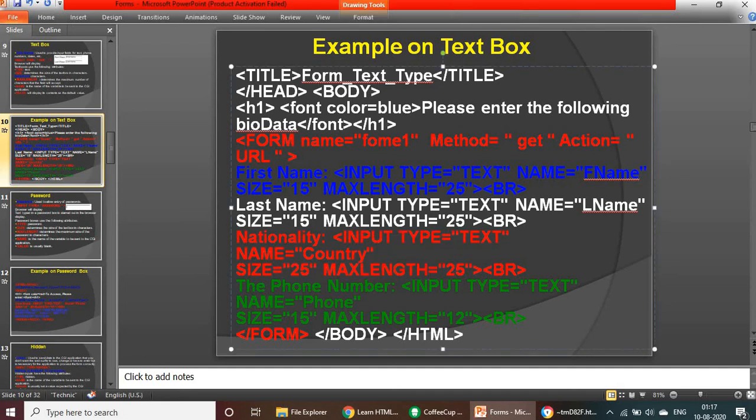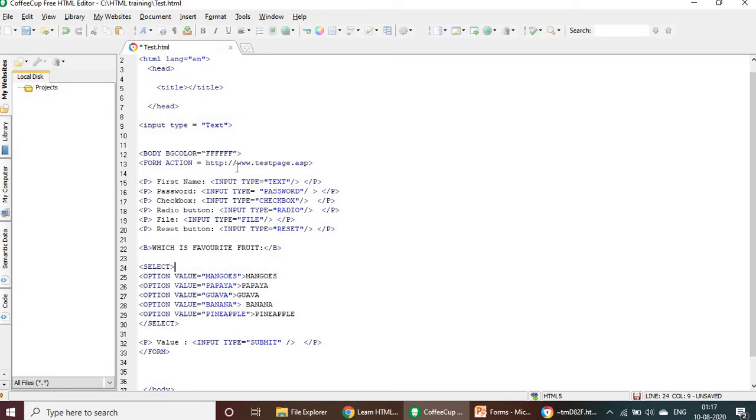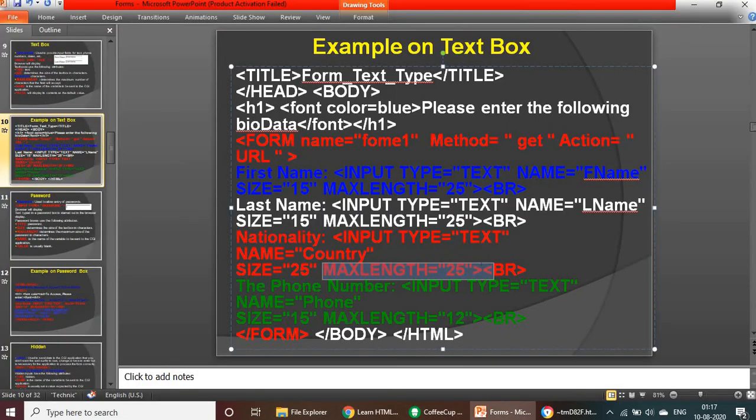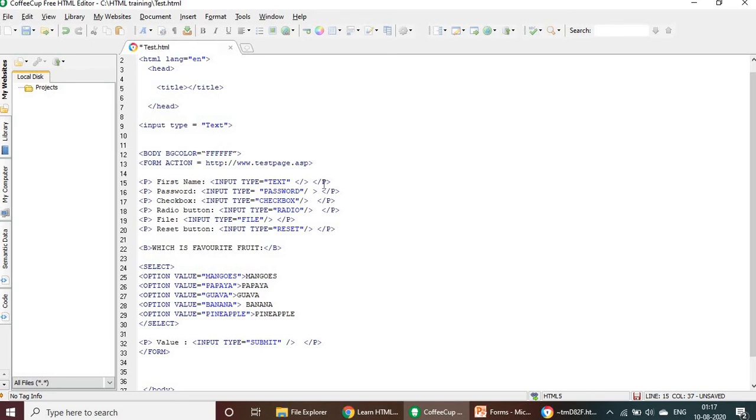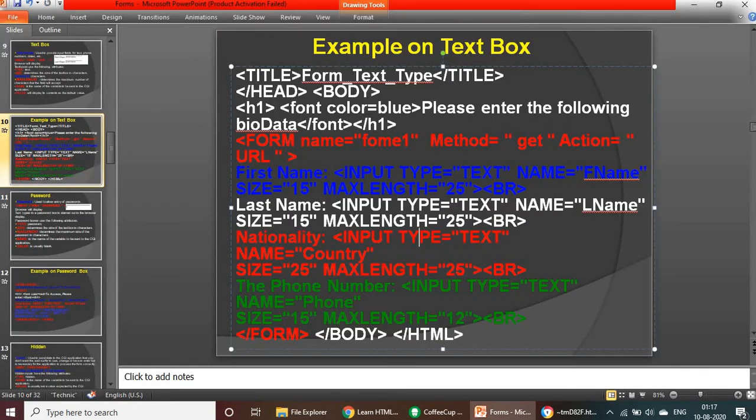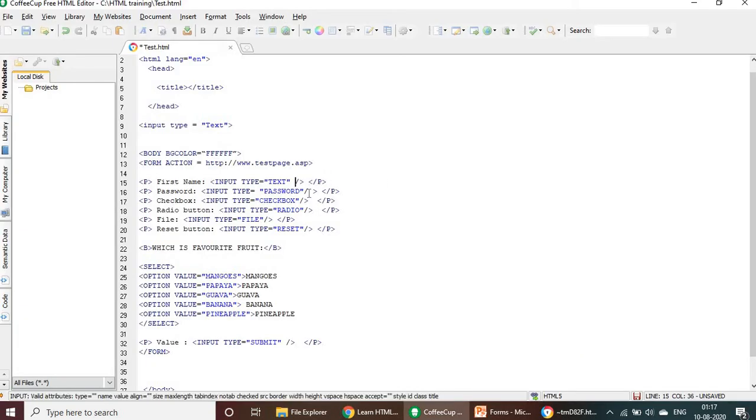Maximum length, so let me do that. I'll give the maximum length as 5.